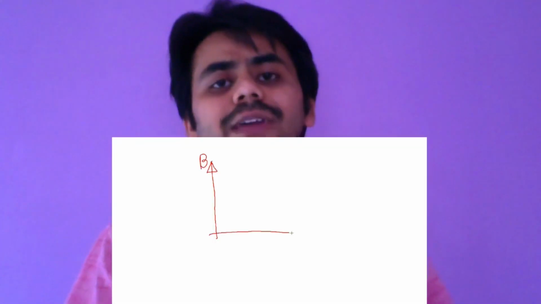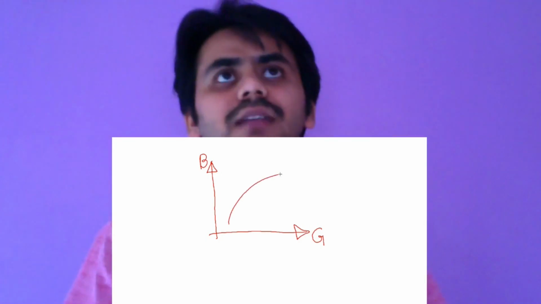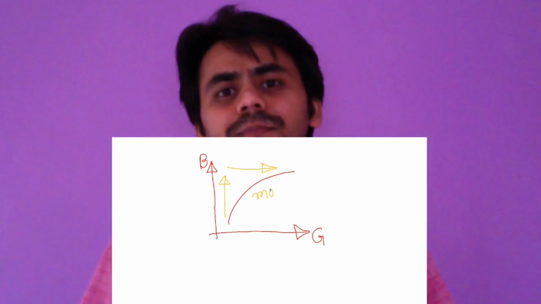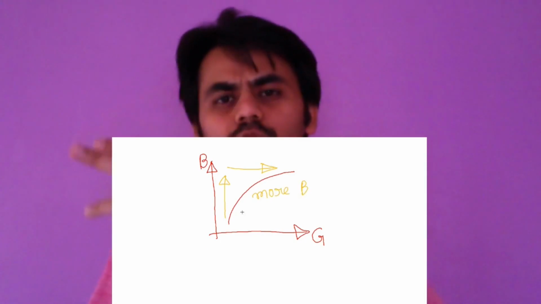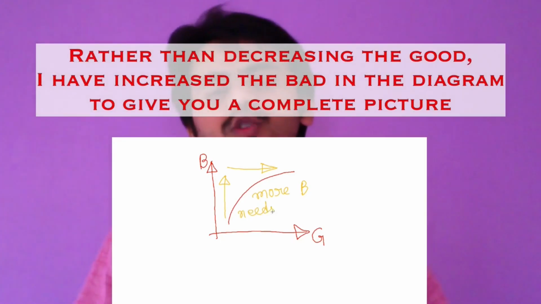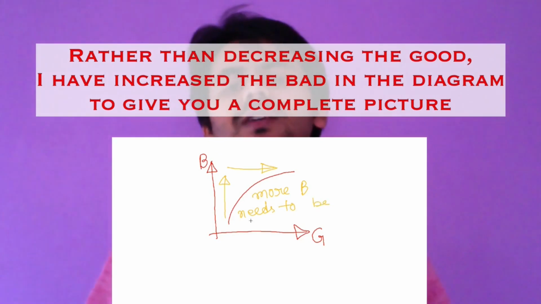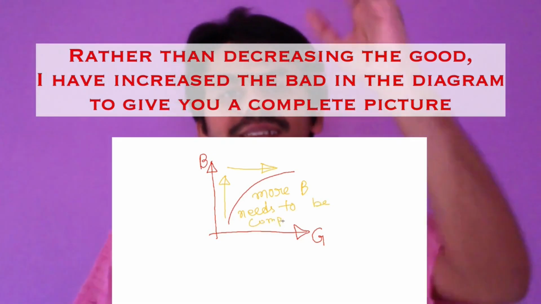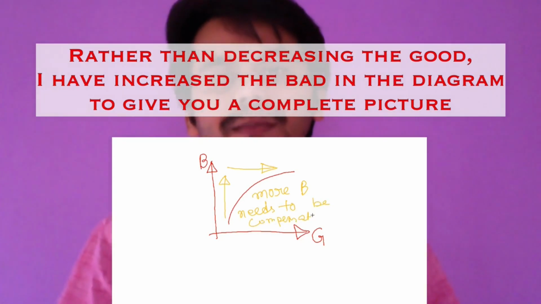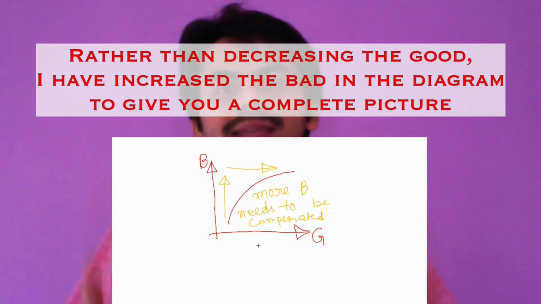Now let's move to a different case in which the x-axis is again a good and the y-axis is a bad. When you have this kind of situation, if I decrease your good, which is on the x-axis, you will have to be compensated with a decrease in bad as well, because if I decrease your good, you will be less happy. So to make you happier, I have to decrease your bad, which makes intuitive sense.